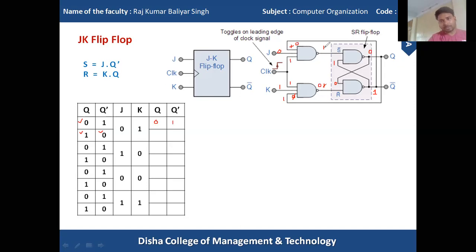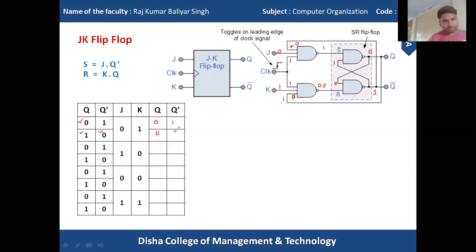See, if I supply 1 here, the value is 0 here, then 0 is supplied to this line, connected to this NAND gate. For this NAND gate, we got two input values, that is 0 and 0. If we supply 0 0 to this NAND gate, we are getting one value here, and this one is connected to this NAND gate, and this NAND gate receives two input values, this 1 and 1, it will produce 0. So my output will be 0 and 1.